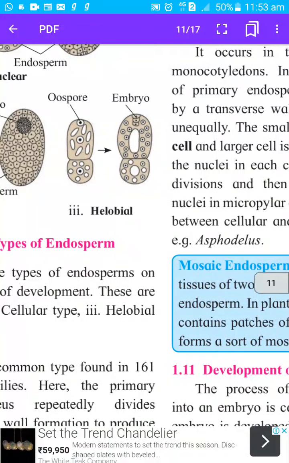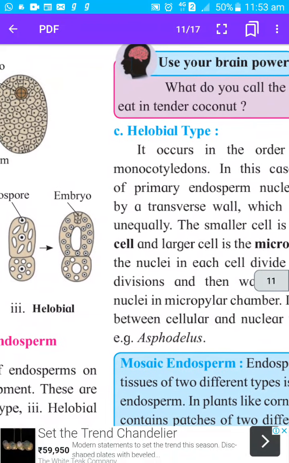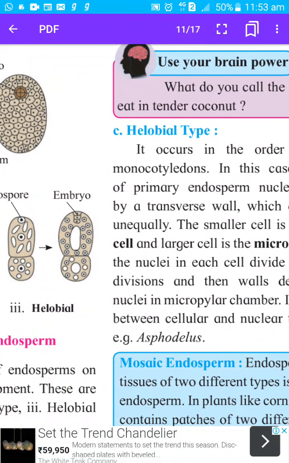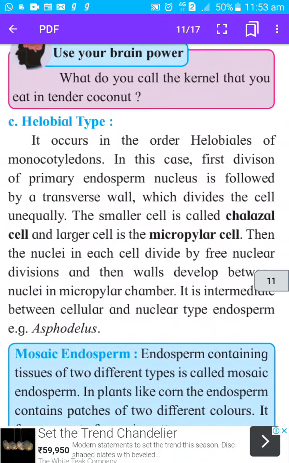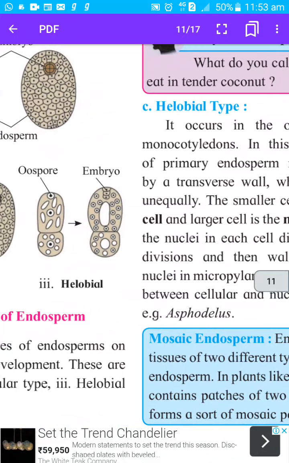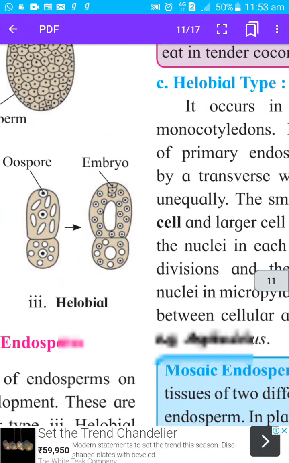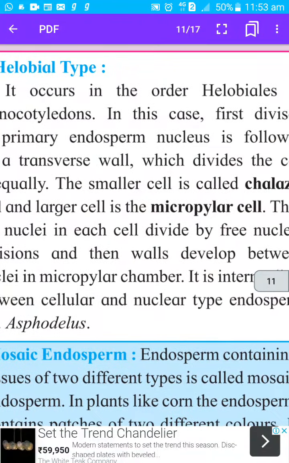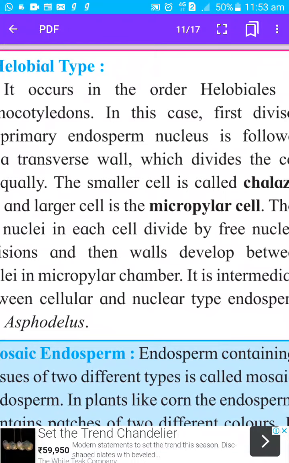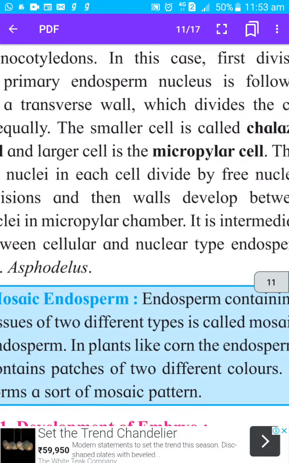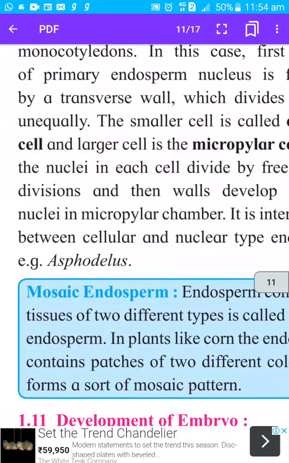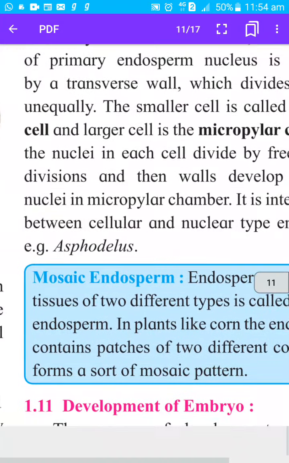So here you can see halobial type. Here a transverse or horizontal wall is formed. Okay, the smaller cell is called the chalazal cell, and the bigger or larger cell is called the micropylar cell. Then the nuclei in each cell divide by free nuclear divisions, and then walls develop between nuclei